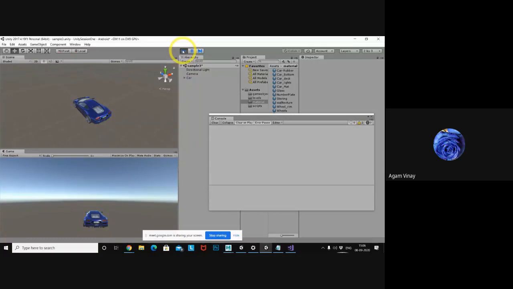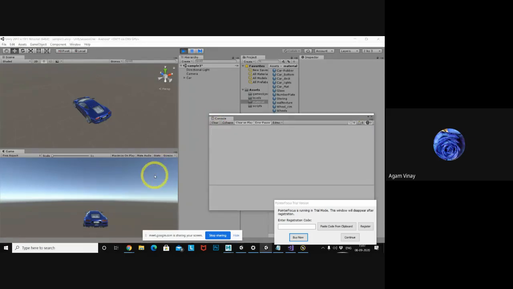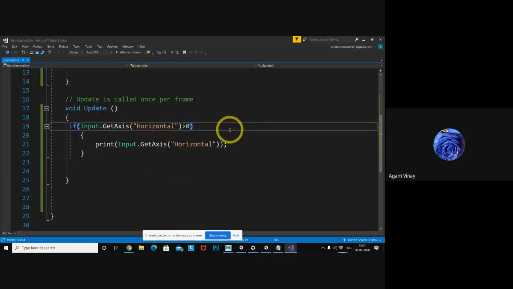Now horizontal keys are nothing but these arrows beside the number keys. The horizontal keys are left arrow and right arrow. Whenever I am looking for values greater than 0, I'm pressing like this. So what will it return? Horizontal greater than 0 means right arrow, right arrow. Okay.